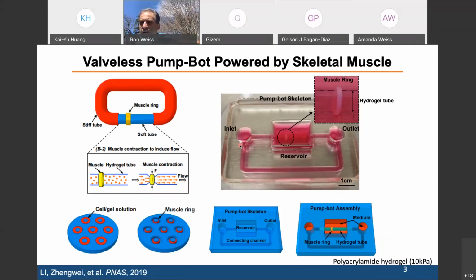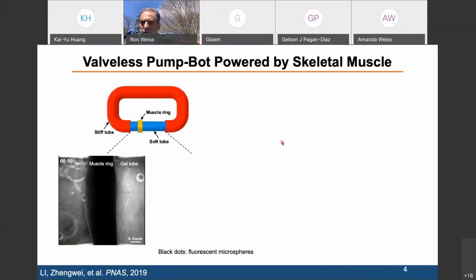So this is the real view of our device. Basically, we use PDMS to make the skeletons, and we culture C2C12 cells in the PDMS mold, so then we can form a muscle ring, and we combine it with polyacrylamide hydrogel. Then we assemble this hydrogel tube into this skeleton. So here is our hydrogel tube, and outside is our muscle ring. Later on, when we look at the view on the ring side,